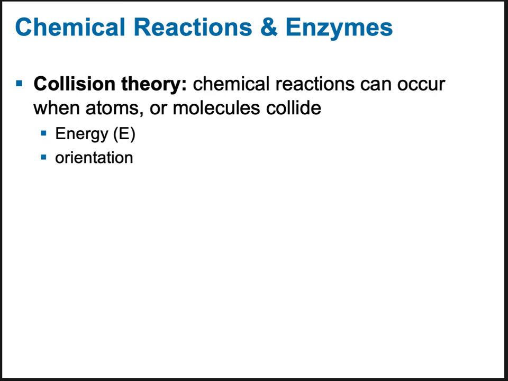So if we wanted to speed up the rate of chemical reactions, like in the laboratory, we would do things like increase the concentration of the reactants, increase the temperature or the pressure, and then that would force more collisions to happen and increase your reaction rate. But in the body, we cannot do that, right? We have to keep a somewhat constant body temperature. Our body temperature can fluctuate a little, but we couldn't just keep increasing it more and more. So we need enzymes, and we'll talk about that a little bit more in a second.